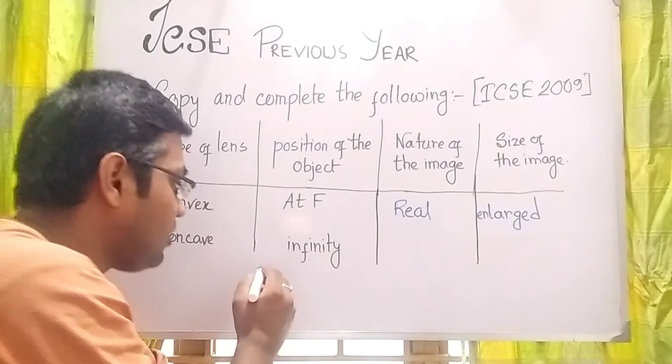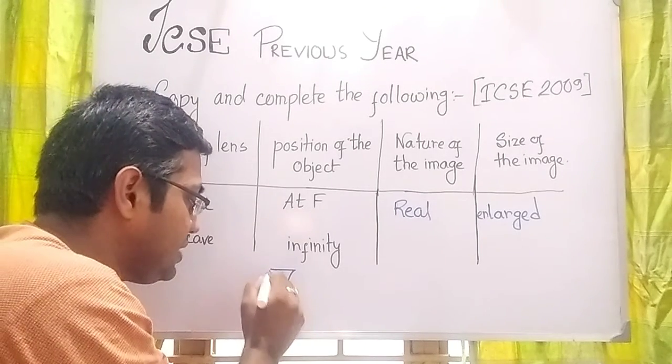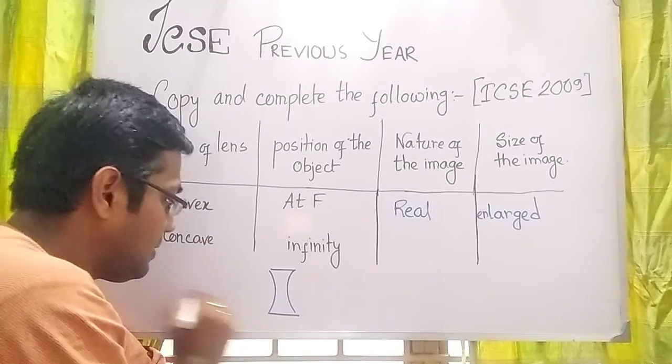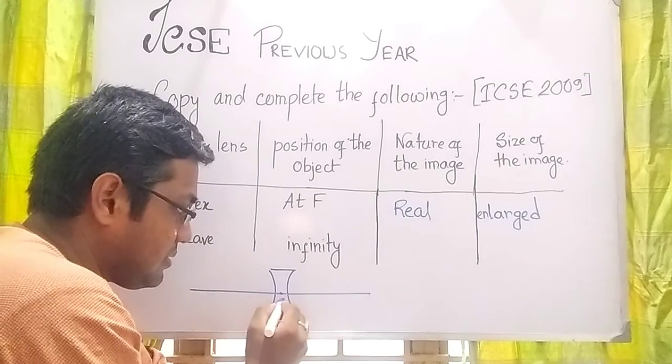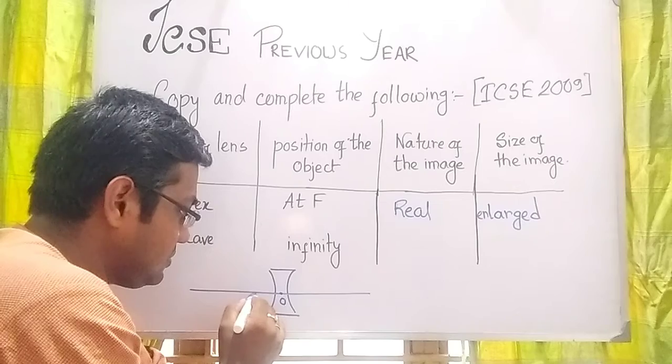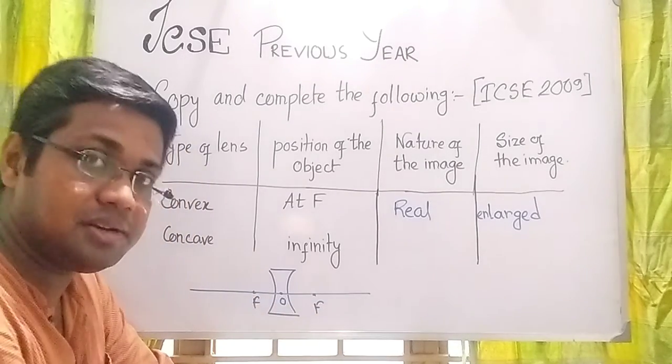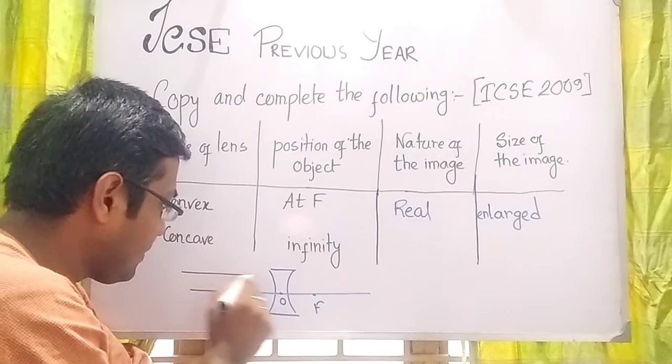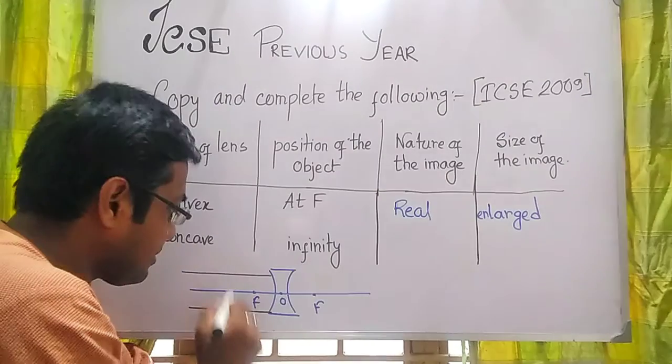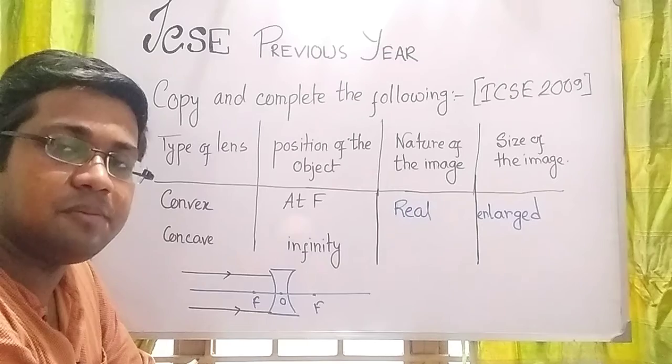So if I place the object at infinity, with O, F and F, the light rays are parallel to that of the principal axis,